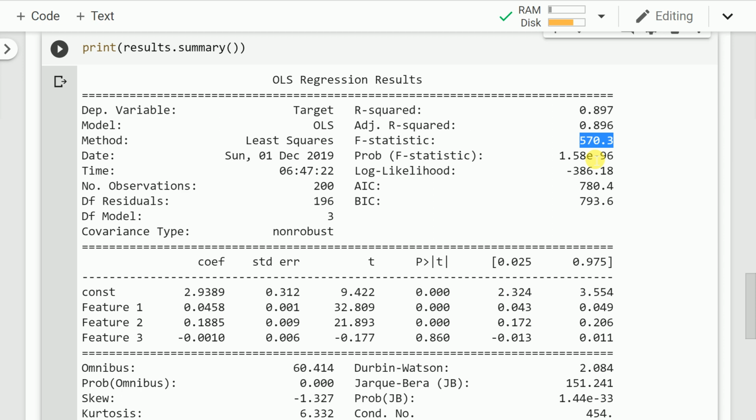Okay, so this is the whole test. The derivation, the formula and all is something that you can find in a lot of textbooks, so I'm not going into the details. I'm helping you understand the overall result that you're deriving from the OLS model summary.